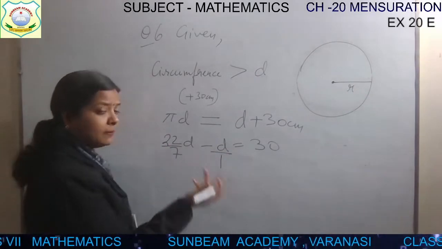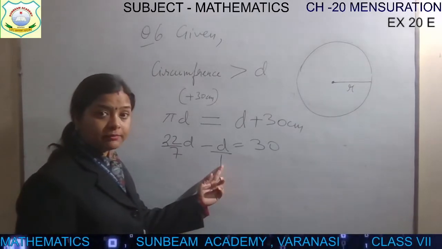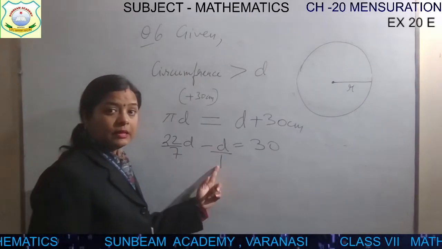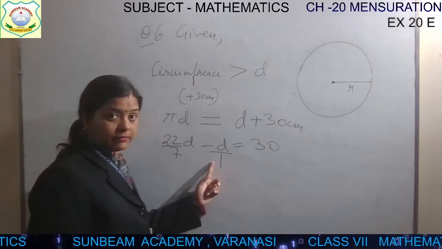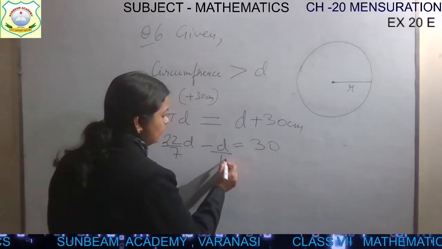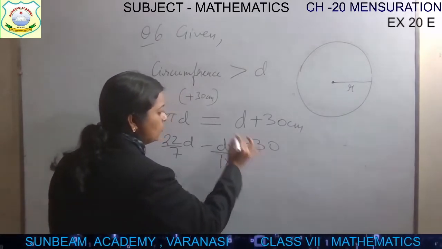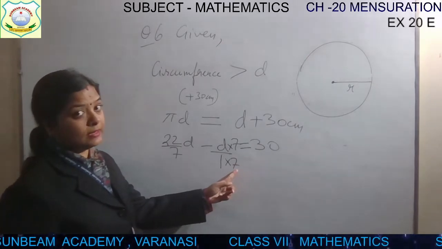Now cross multiply or you can do the LCM method. यहाँ पे 7 है तो यहाँ पे 7 लाना होगा. Here it is in 7, so I cannot subtract unless and until the denominator is same. Like, okay. So 7, तो यहाँ पे भी 7. So what I will do? I will multiply 7 here. So same number I will multiply in numerator also. ठीक है, ये स्टेप भी हमारा क्वेश्चन को कंप्लीट करने के लिए है.